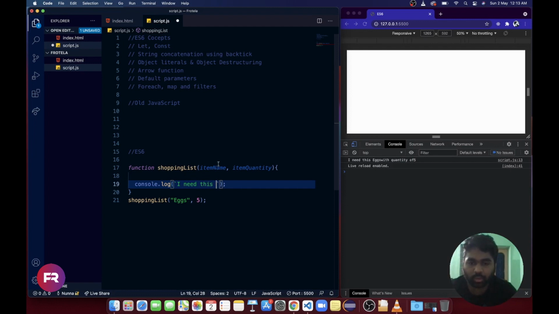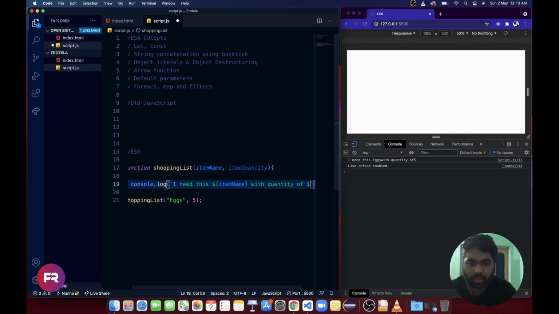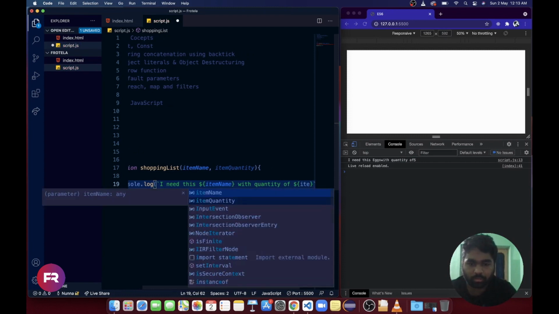If you want to include a variable like item name, with quantity of, again item quantity.